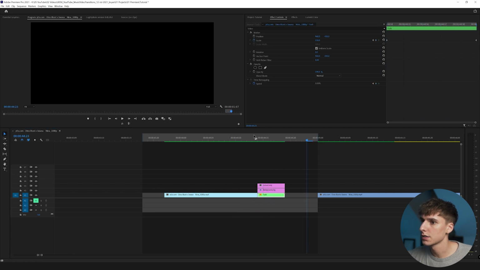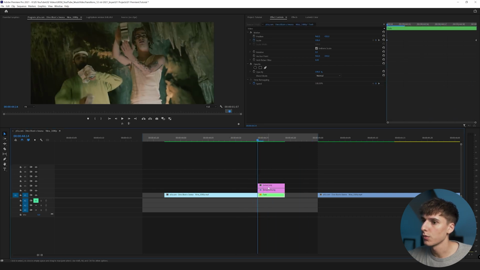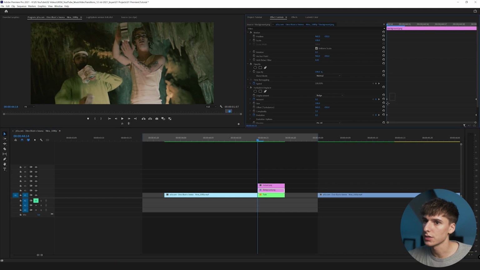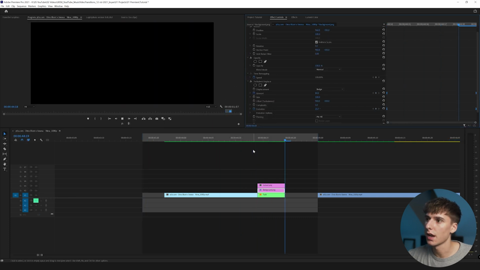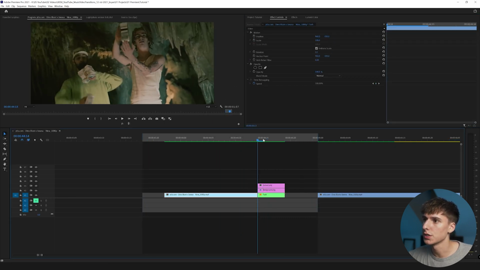That's a lot actually, but I think it looks good. And we can add some extra things to make it look a little smoother. I'm gonna go ahead and highlight all these keyframes, right click on them and go to Bezier. Basically like easy ease in After Effects. It should just make the motion a little bit smoother.